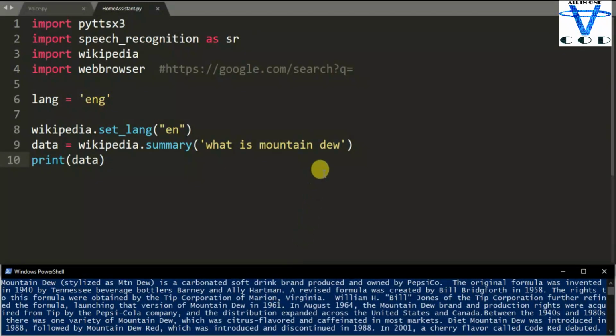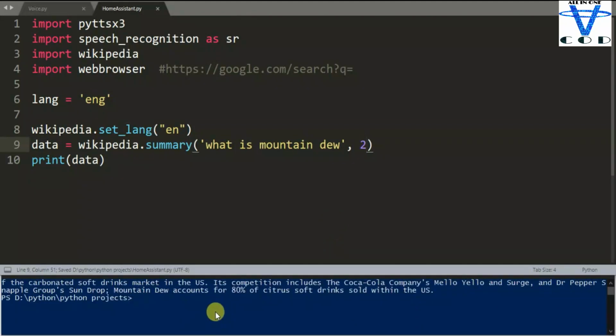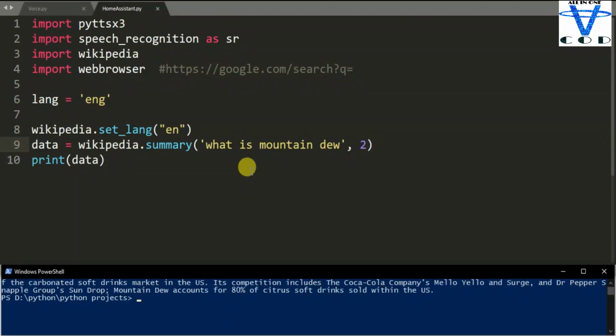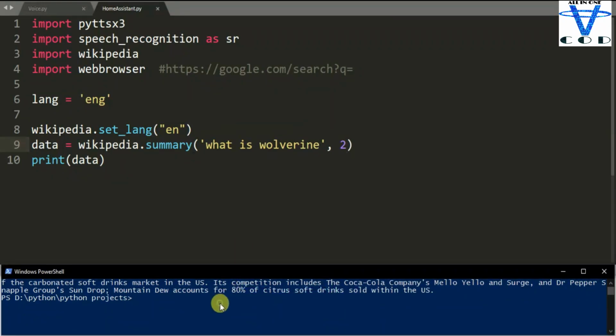So let's try with two sentences. Here just pass the 2, and now let's run this code again, but this time I'm going to change the search and try to search what is Wolverine, because this is my favorite character.